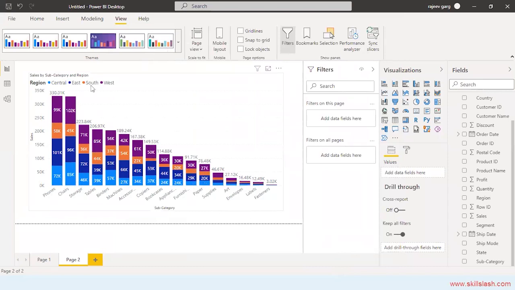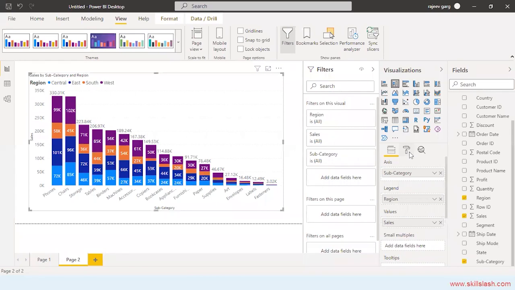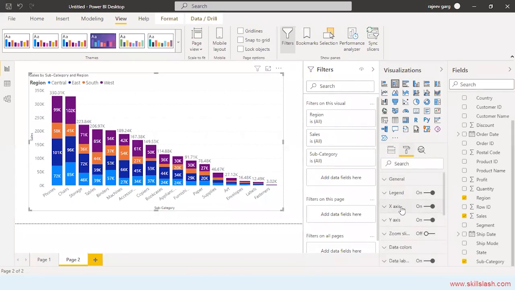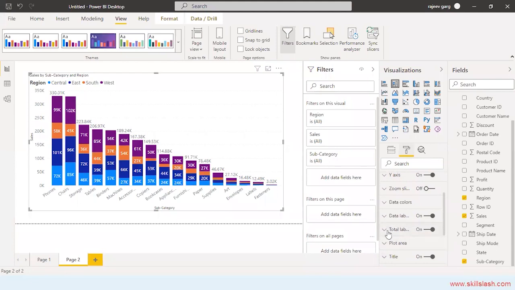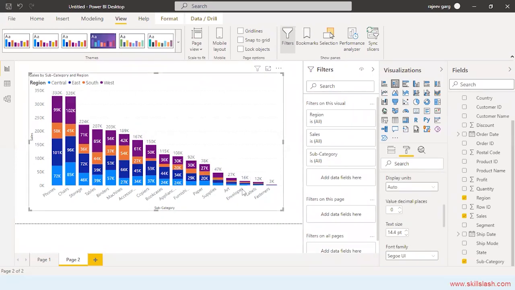Okay. And if you don't want these decimal places, you can just modify it. Go to the formatting. Let me go to the labels over here. Decimal places, I say I want 0 decimal. So now you can see that the decimal places have been removed from here. If you want, you can do the other formatting as well. I'm not doing the formatting as of now, just wanted to give you an idea, so you can play around with the formatting part over here.